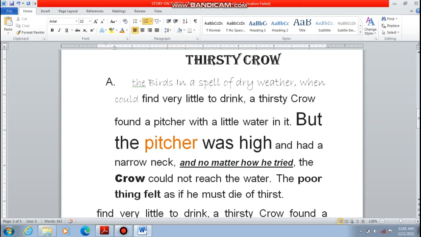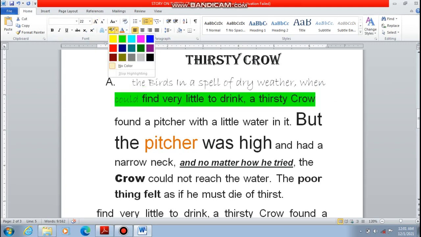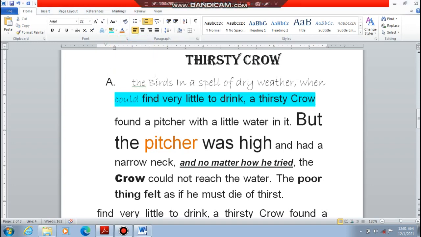Again, select the text first, then go to this and select the border accordingly. You can write them in a colored line, specially highlighted. So we are highlighting the sentence. If you want to highlight some word or the text, you can use this option that is known as highlighting.